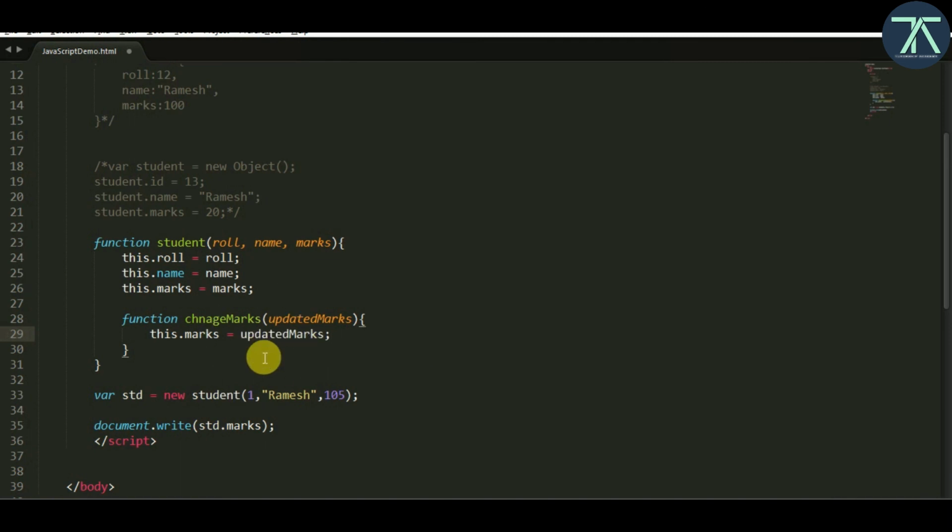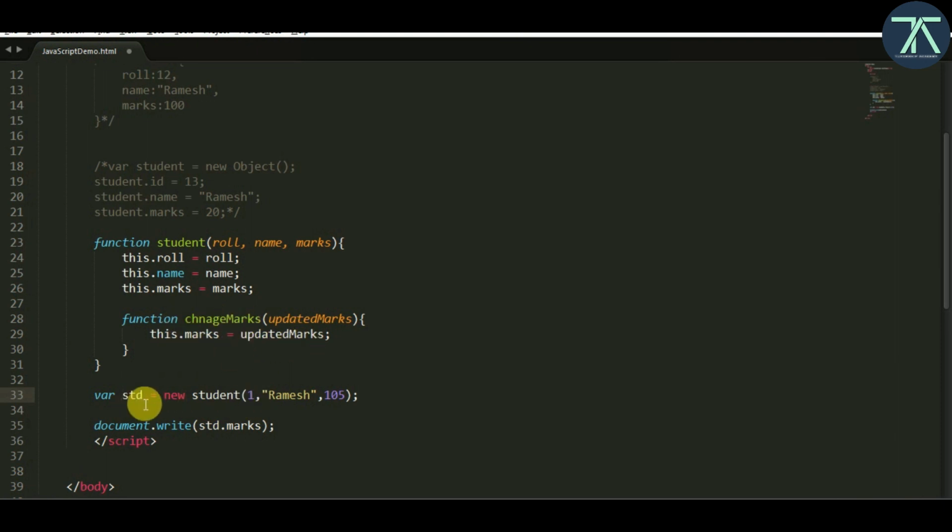Inside of a function I am writing another function, though this function will be treated as part of the object, it will be called as a normal function, because we are not going to create any object from this. First we have to create an object, then only you can access this function, otherwise not.